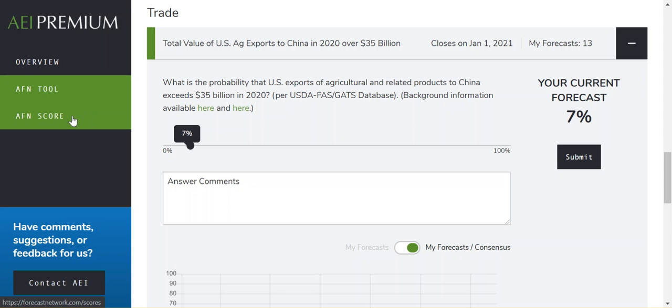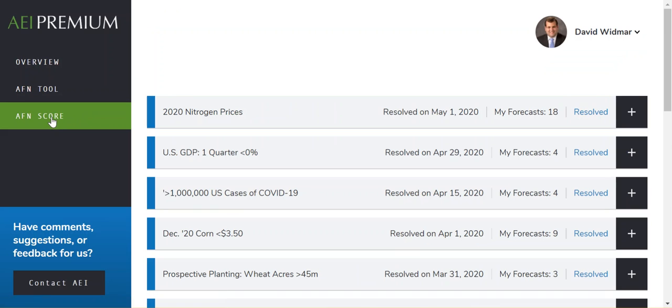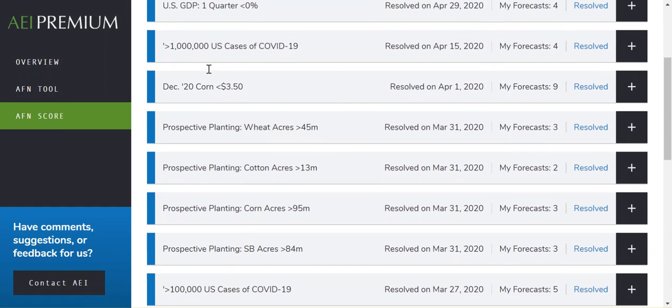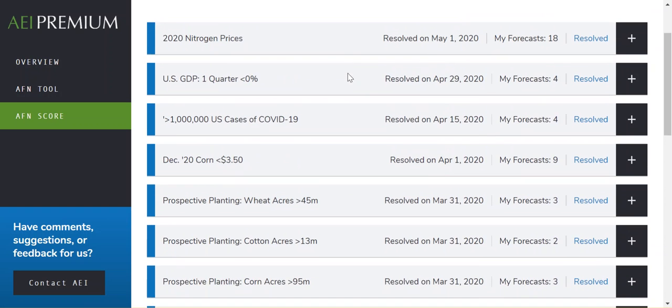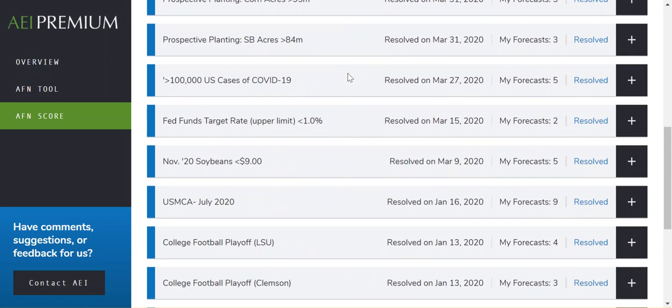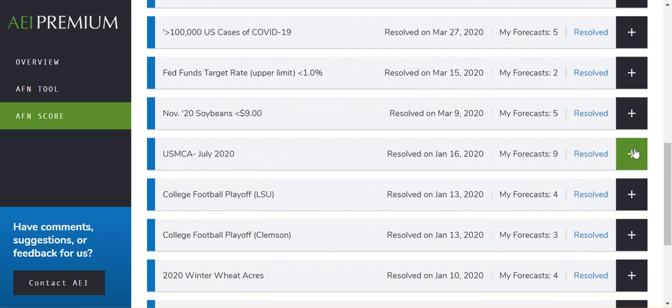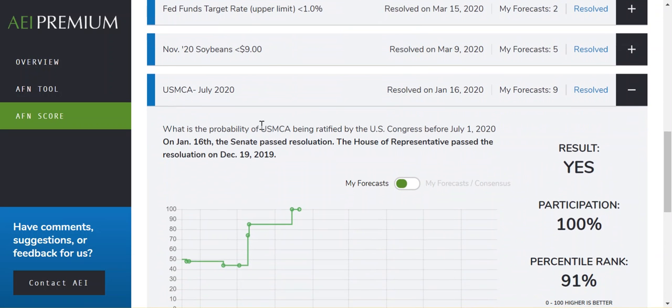And when they get resolved, either because of the event occurring or because of the time running out, we score them. So if you click here on the Ag Forecast Network scores, and again, you have to be in here long enough to have a question get resolved, you can review these past questions. Let's take a look at a question that I was thinking about here,